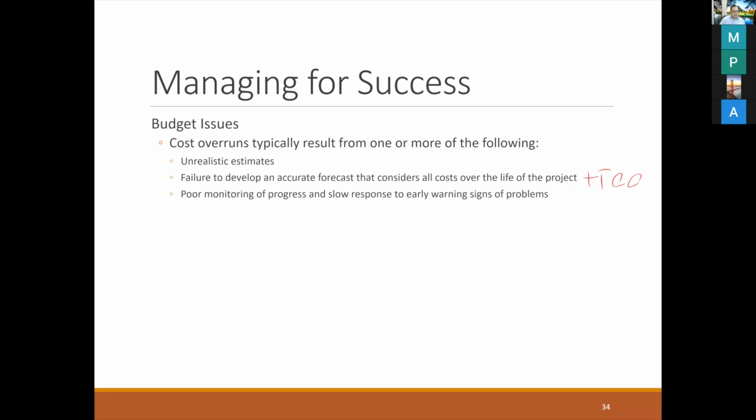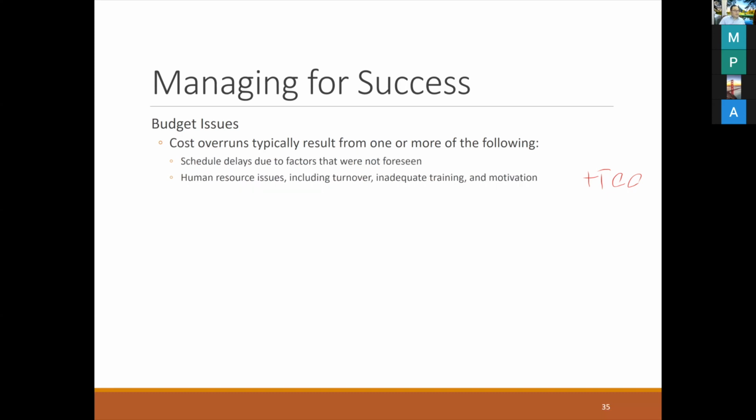it's too slow. It's poor monitoring, so if a problem arises it may cause each task to be delayed. When the duration is delayed, or the time is delayed, it causes the cost overruns. So apart from that, if the schedule is delayed due to factors that were not foreseen,